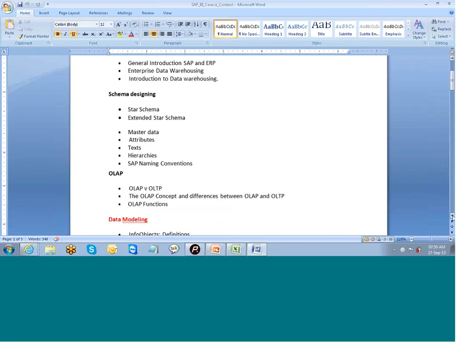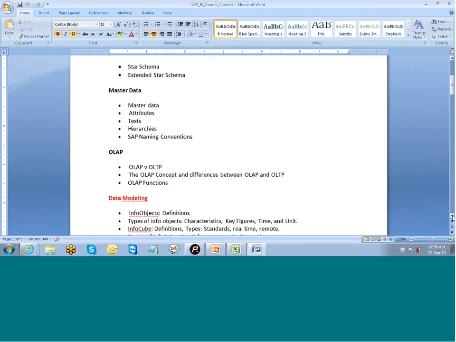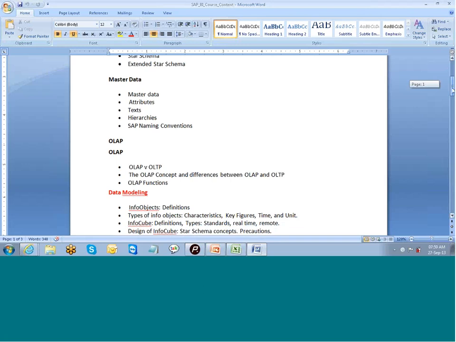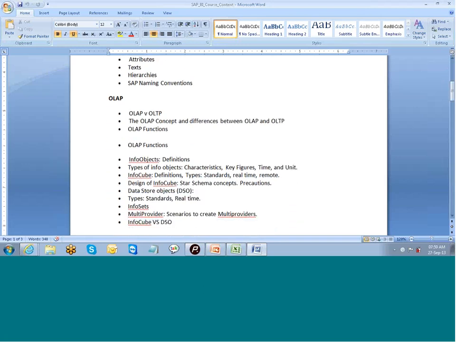This is nothing but online analytical processing and online transaction processing, and OLAP concepts with the difference between OLAP and OLTP. We will be doing data modeling here, which will have info objects, types of info objects, characteristics, key figures, time and unit. I will be explaining all these with definitions,